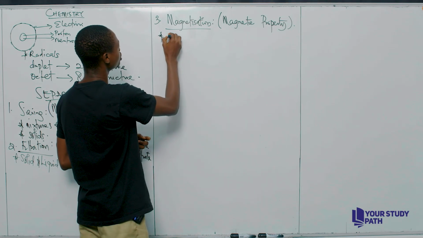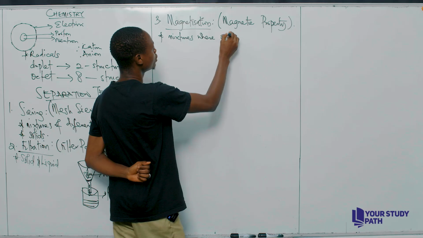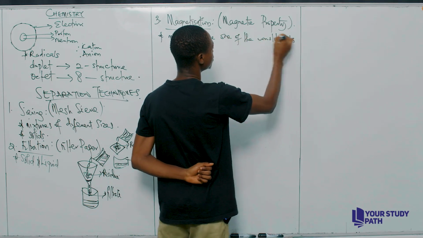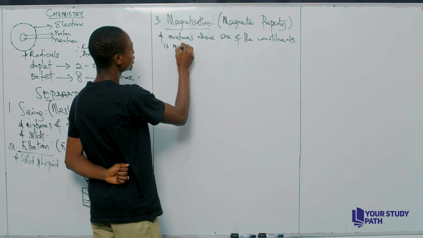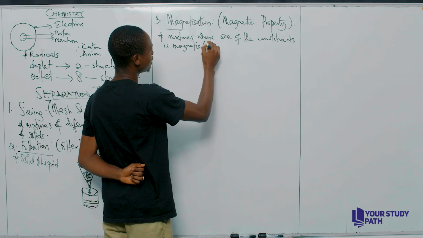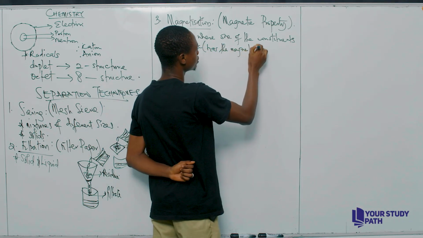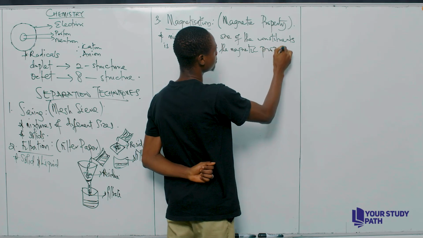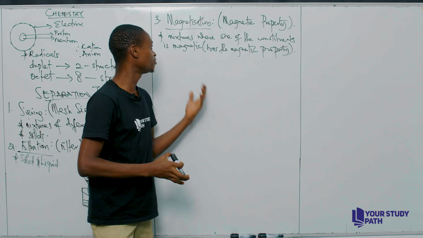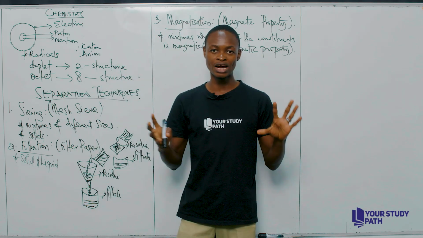So we are talking about mixtures where one of the constituents is magnetic, or in better terms, has the magnetic property. And this is very, very interesting, right? So it means that even if you have 2 or 3 or 4 constituents inside, and then you want to separate them,